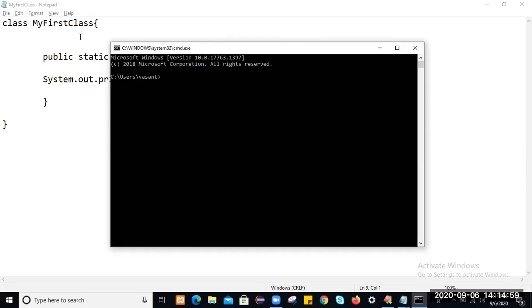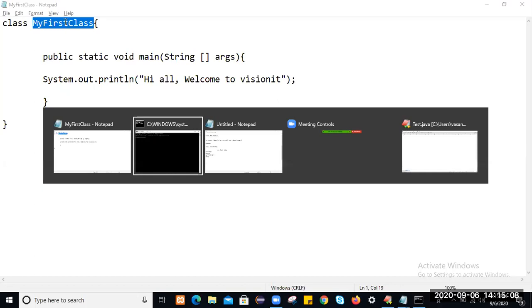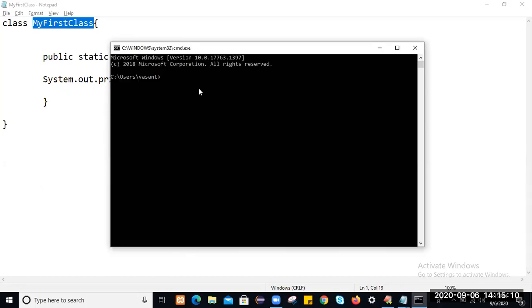To compile this Java application, the class name is MyFirstClass. First go to the command prompt, then go to the location where you have saved your Java application. So cd, which means change directory. My application is saved on the desktop, so change the directory.